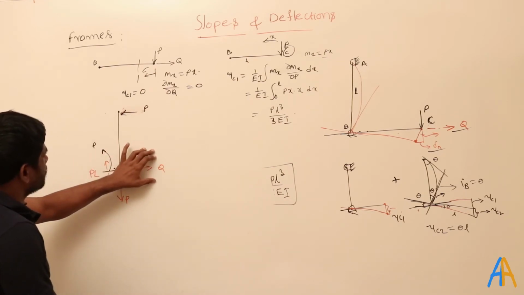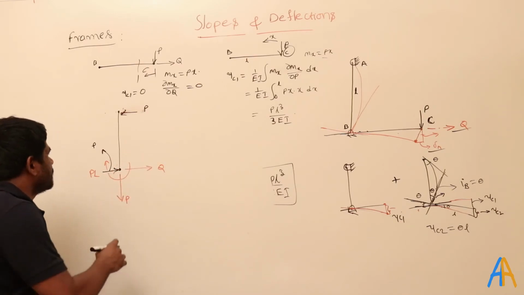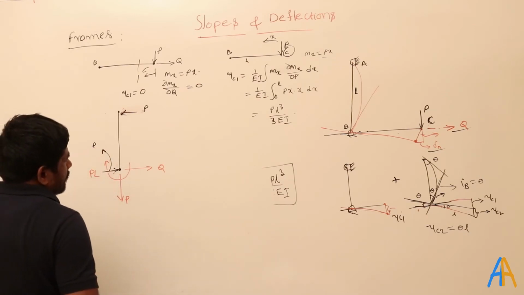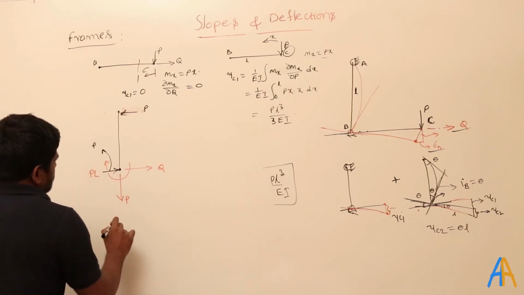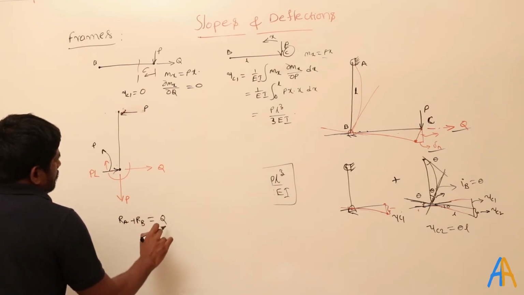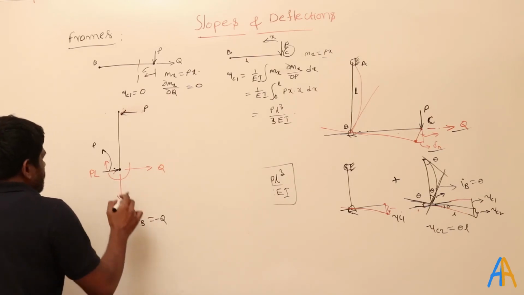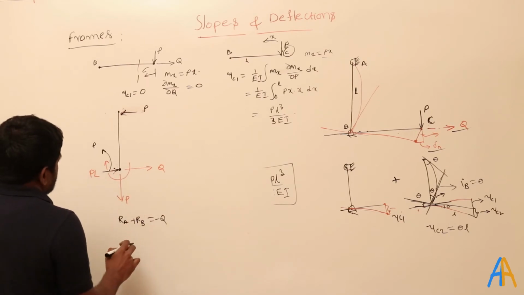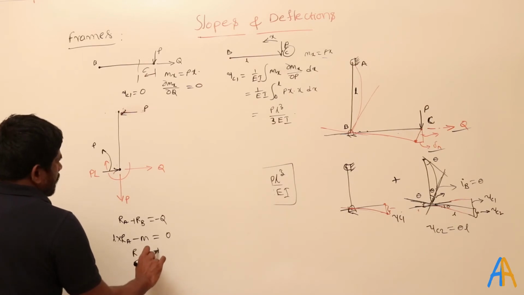But now what is happening, Q amount is acting here. So wherever the force is acting, that force will be considered only at that point. Okay, wherever it is acting, that force will be considered only at that point. Otherwise, if you confuse that much, RA plus RB equal to Q here, Q also acting in the same direction, otherwise you can keep a minus Q. Okay, if I apply moment at this point, RA into L minus M equal to 0, that means RA equal to M, which is nothing but PL. So RA will become P.